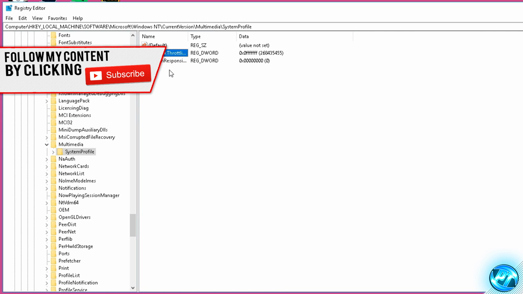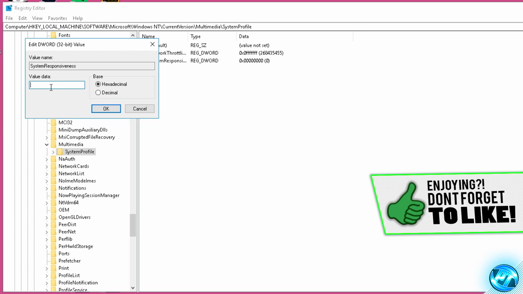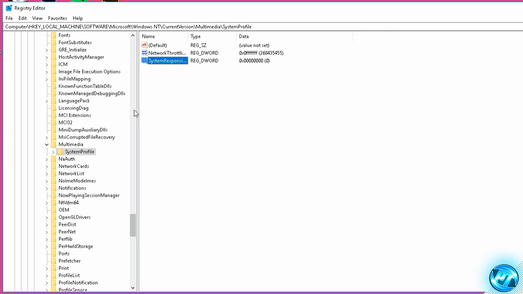We're then going to be going to System Responsiveness by double clicking, removing any value that might already be in there, and setting the value inside of here to 0. Make sure again that the base is set to hexadecimal, and then press OK. Once you've edited those two keys, we're going back down to